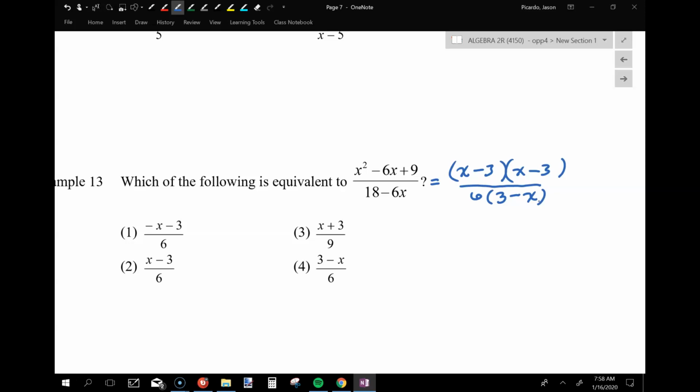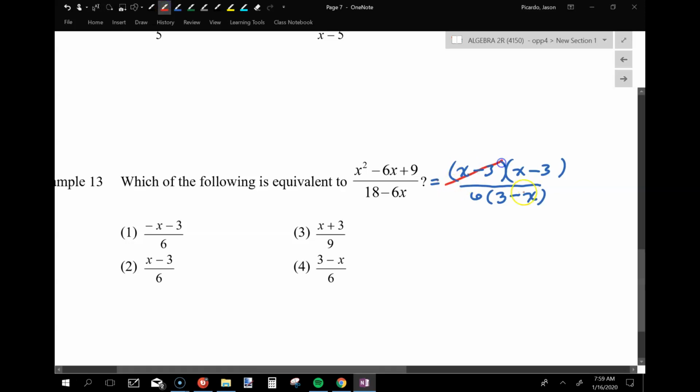So anything exactly the same in the top and the bottom? Not exactly the same, but I have an x minus 3 and I have a 3 minus x. And so I can reduce them. And they reduce to give me a -1. Did I tell you where it goes? I didn't. I'll put it on top. Now, what is somebody going to be tempted to want to do? Also cross this one out. But in order to cross this one out, I'd have to have 1 to cross it out with. And things don't cross out more than once, right? Things cancel and that's the end of them, right? So what's left? I have -1 times x minus 3